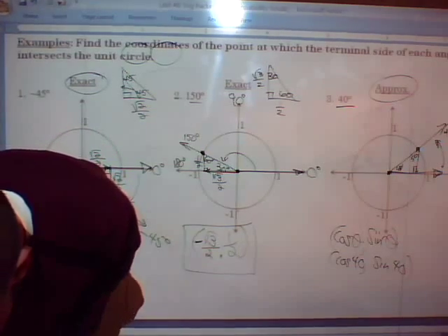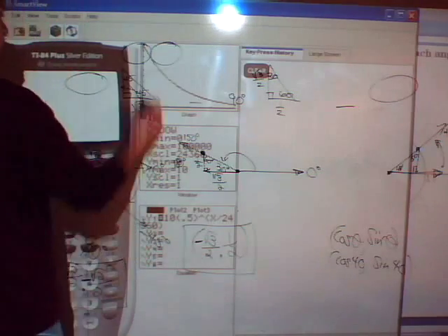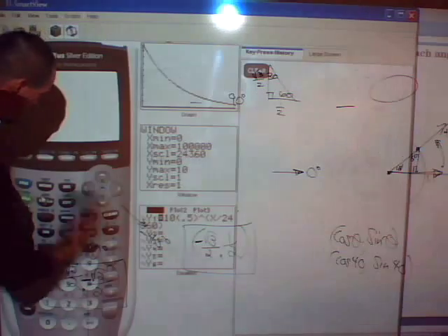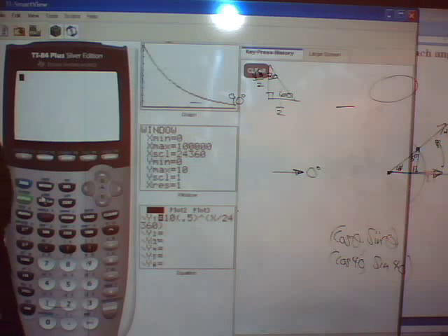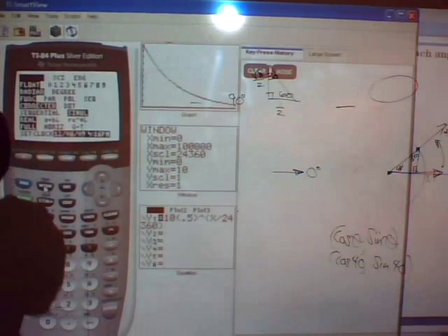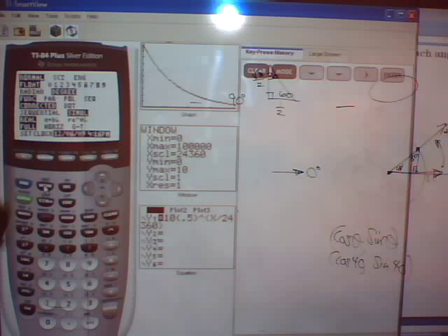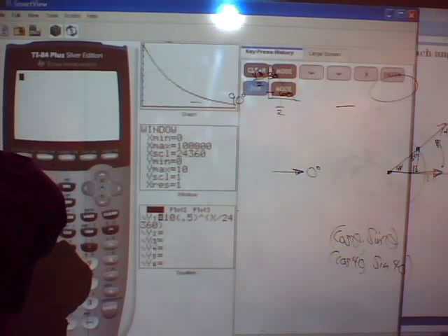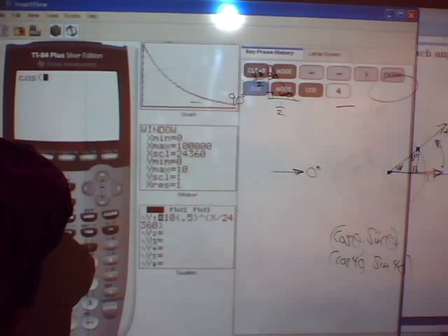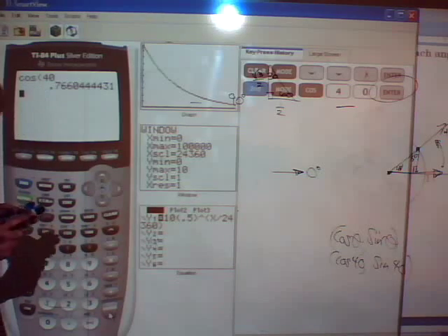So on our calculator, first of all, and let me get rid of this information over here. On your calculator, first thing we're going to have to do is check your mode. So on the mode, let's make sure our calculator is set to degrees. So on the third one down, select degrees, okay? And then, because all our angles are going to be in degrees, then all you need to do is type cosine of 40, and you will find out that the cosine is approximately